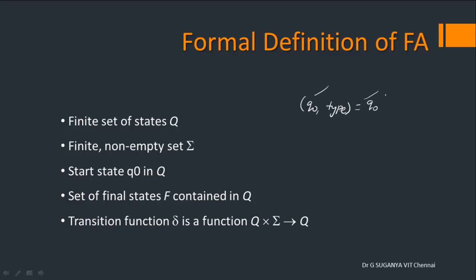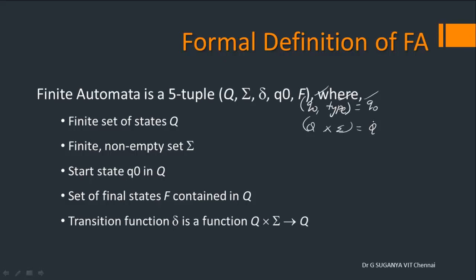So these two are part of state. This is your input symbol. That's why this is Q, this is sigma. So you have to have a Cartesian product between this, which should take you to Q, which is nothing but the state. Okay. So that's where you can formally define a finite automata to be. It is nothing but a 5 tuple Q, sigma, delta, Q naught, and then F.